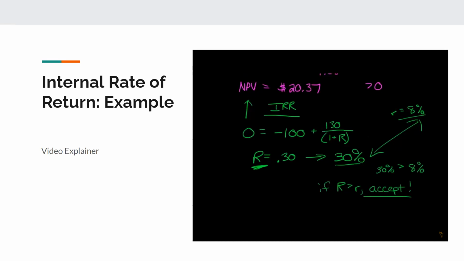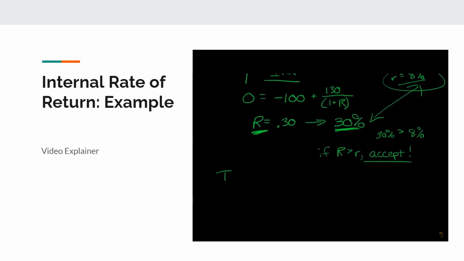And we're saying, what return would we have to have? What big R would there need to be in order to get the NPV to equal 0, to get to that break-even point? We see that a return of 30% would make the NPV equal to 0. Then we compare that 30% to our opportunity cost of capital, or our discount rate, and see if it's larger. And clearly the answer is yes. So ultimately,